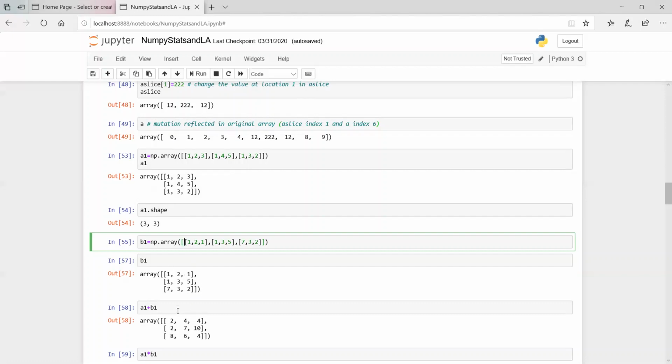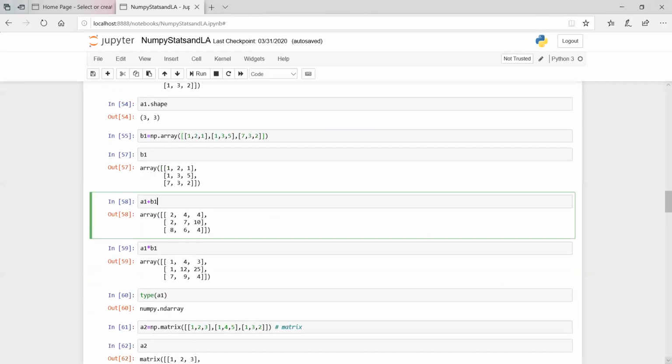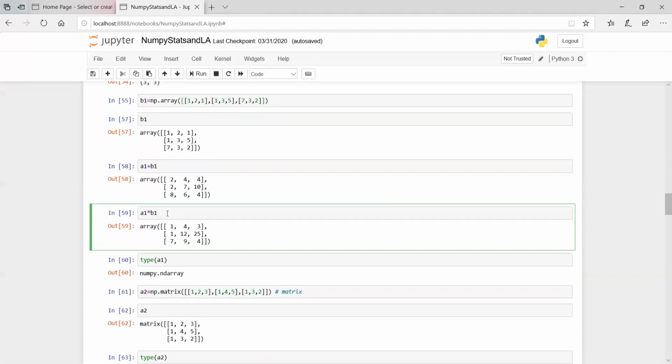Now, if we perform certain operations on these arrays, they are very simple. Like if we write a program to add these two arrays A1 and B1, the two arrays will be added. Similarly, if I perform the operation A1 into B1, it will multiply A1 by B1.